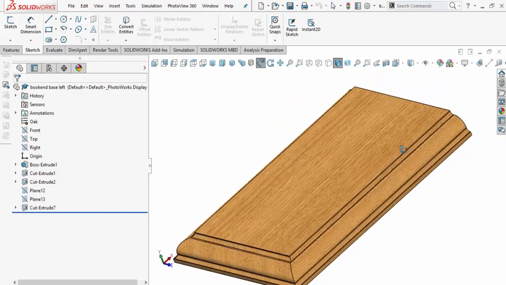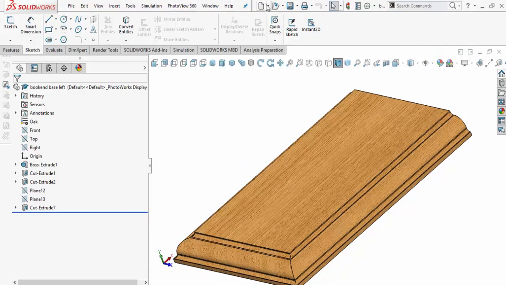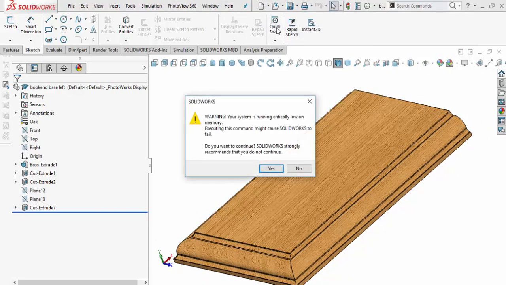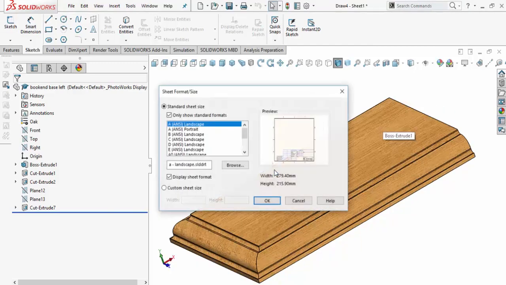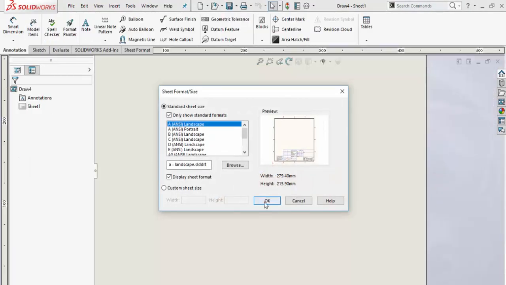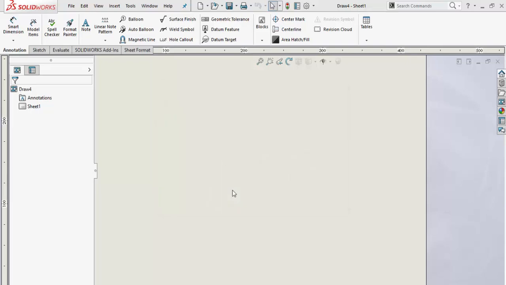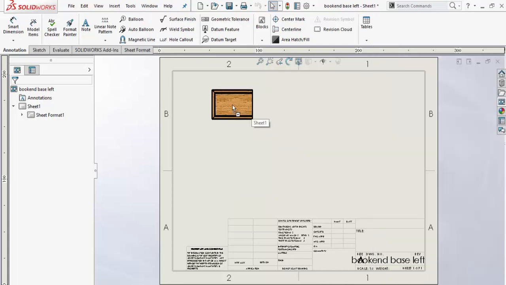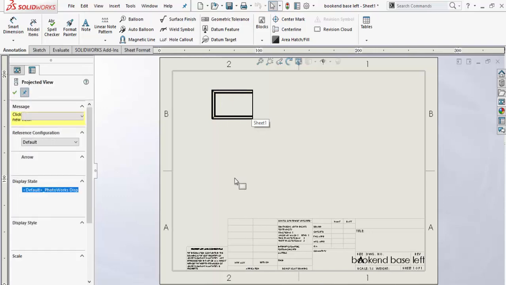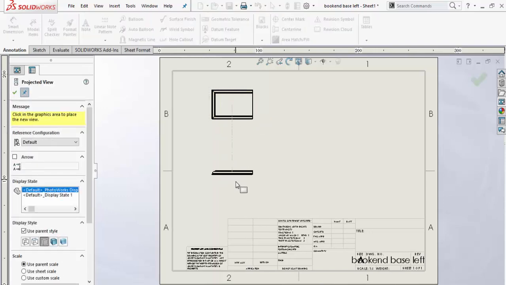So again, what we need to do now is from this part, create a new drawing. And yes, I know it's running out of resources. Again, we'll use an A-size ANSI sheet. I'll start with the top view, and I'll pull straight down. I'll get a front view. And then I'll get a